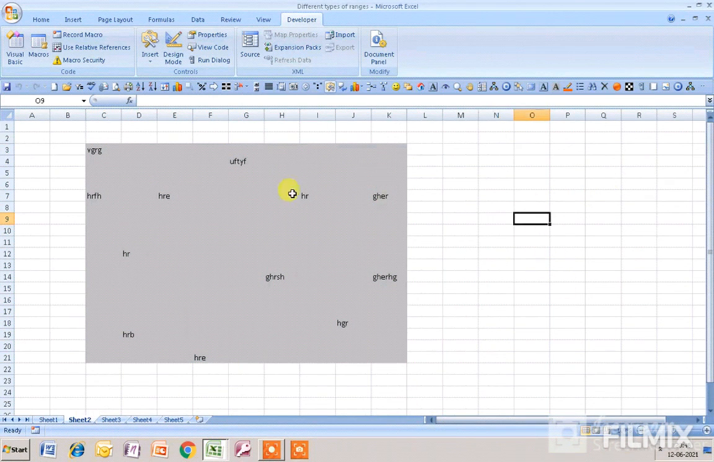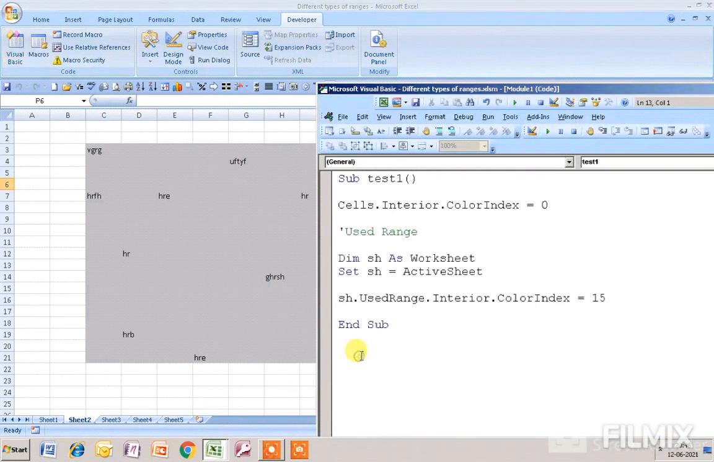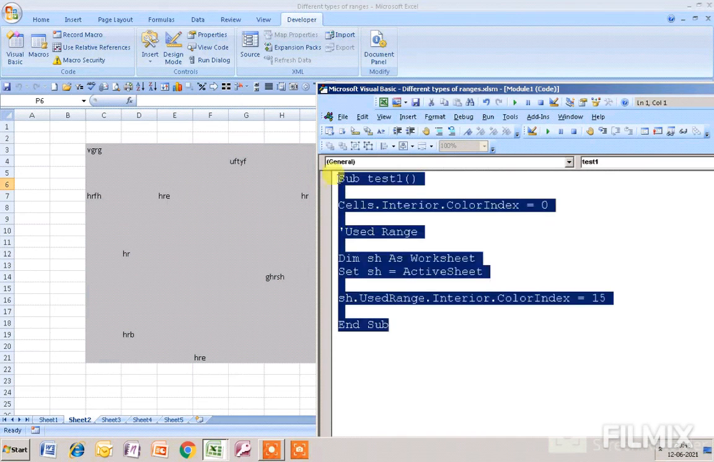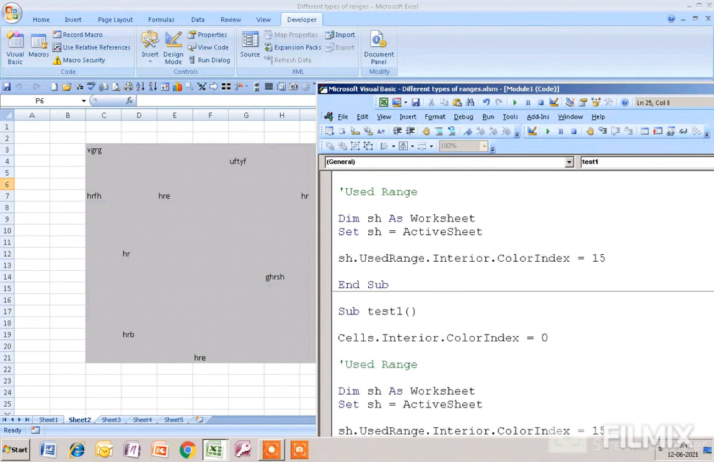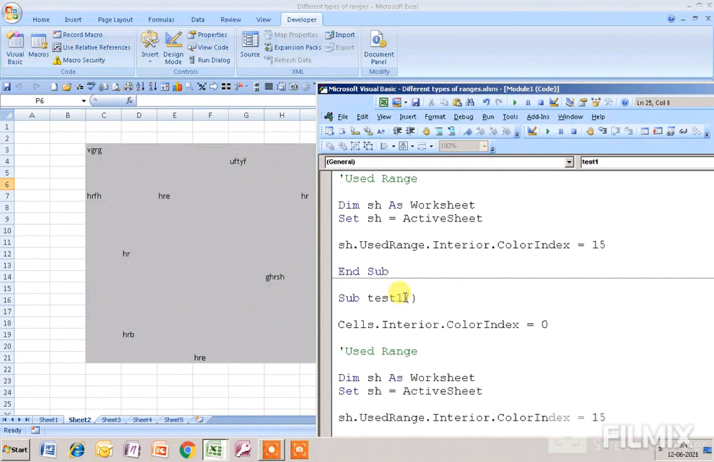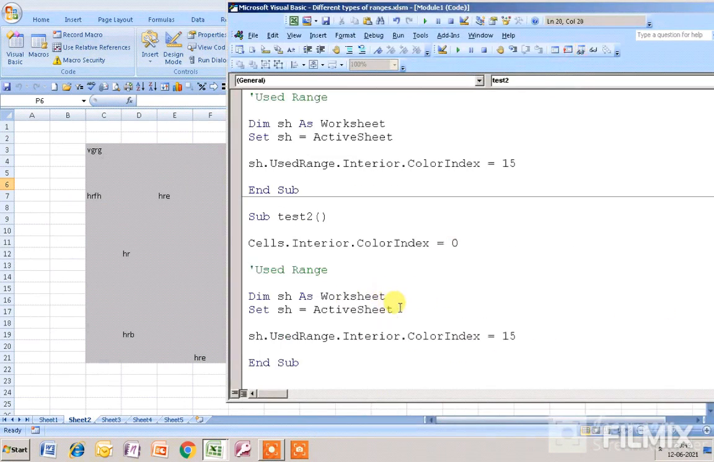Suppose current region will work only for a single cell. Okay, suppose I want to change this particular cell, that is P6. So I will go back to Visual Basic, copy the entire code from here and paste it over here. The only changes that I will make are to test2, and the worksheet, active sheet, and then